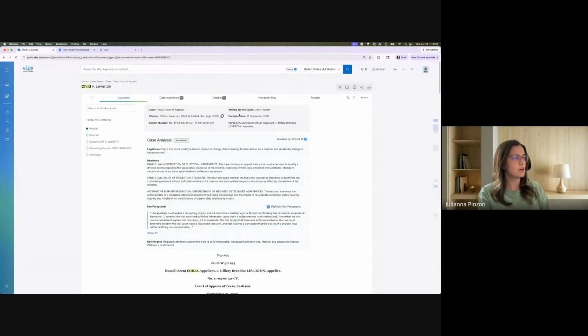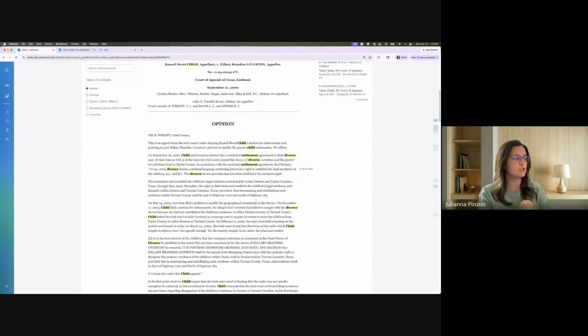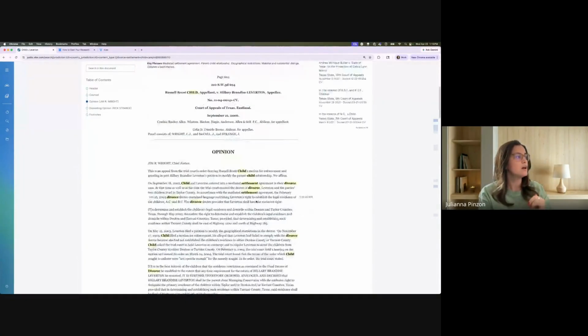As you can see here at the top, I have the case citation. We do have a copy button here just to make things easier if you need to paste that anywhere. We also have this case analysis feature. This is another little AI feature that vLex incorporates. And what it is, instead of you having to read this whole opinion,